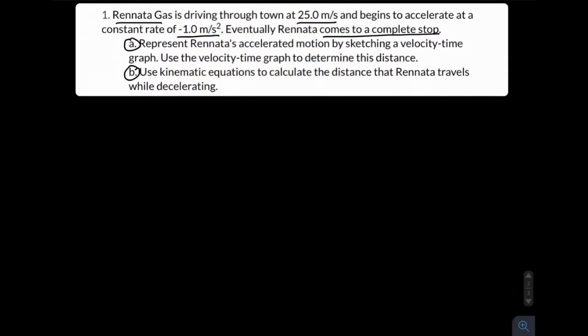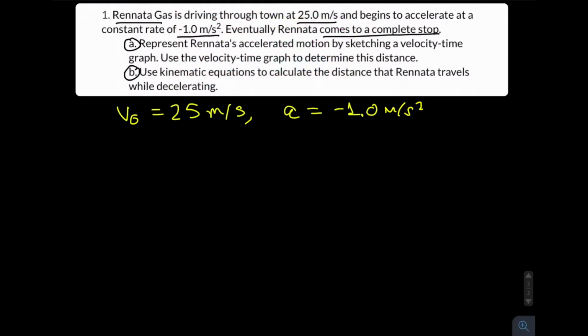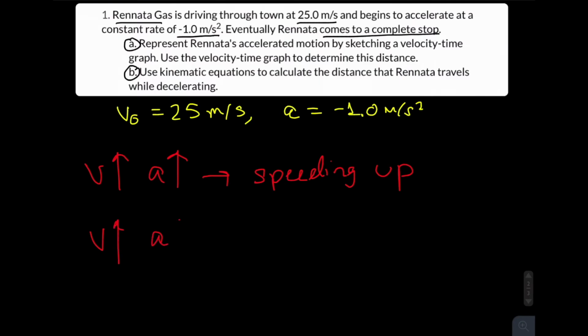So we have an initial velocity of 25 meters per second, and the acceleration is negative 1 meters per second squared. The negative just means they're accelerating in the opposite direction. So this is actually going to be a small concept here. If your velocity is increasing and your acceleration is in the same direction, that means you're speeding up, and that makes sense. Because when we're moving in a certain direction and our acceleration is also in that direction, we're just going really fast. But in other cases where your velocity is in a certain direction and your acceleration is in the opposite direction,